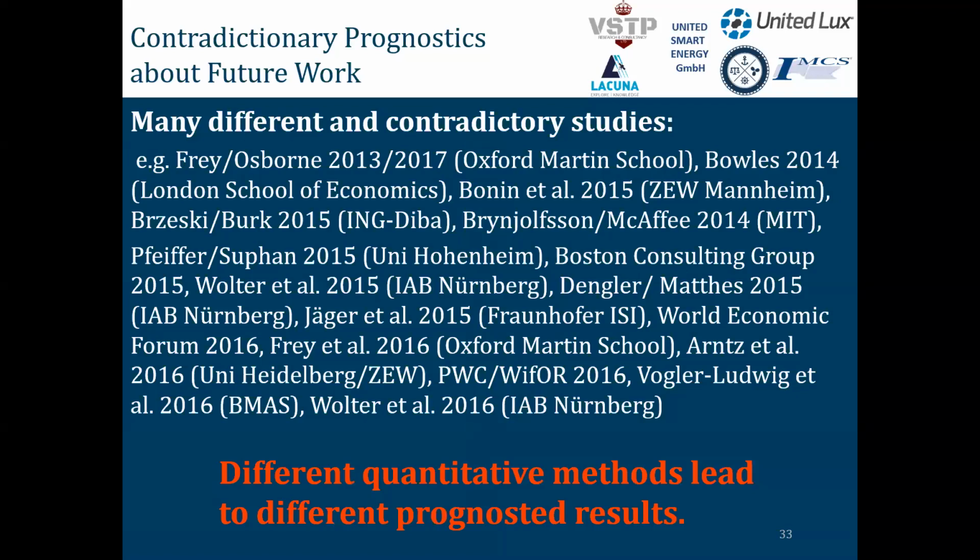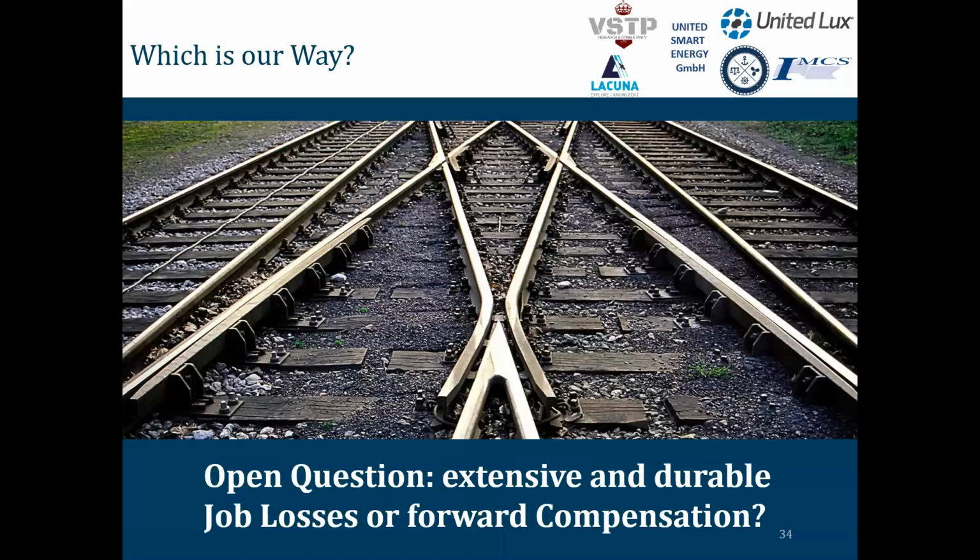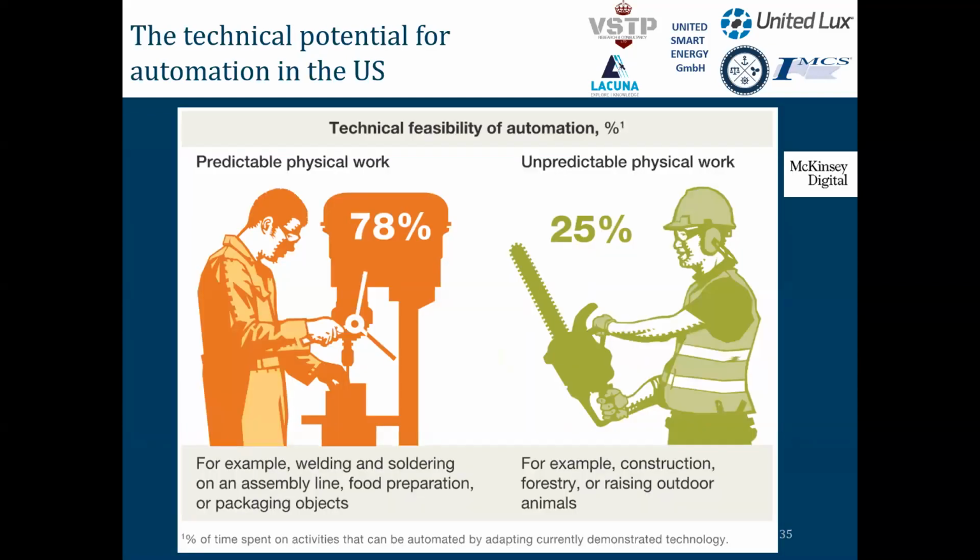Will it be this or a lot? But the big question is, is there some compensation, so that jobs are created? In the US, they have seen that 80% of work can somehow be done by machines. Only some 5% is unpredictable work, more difficult to replace. In a pessimistic view,